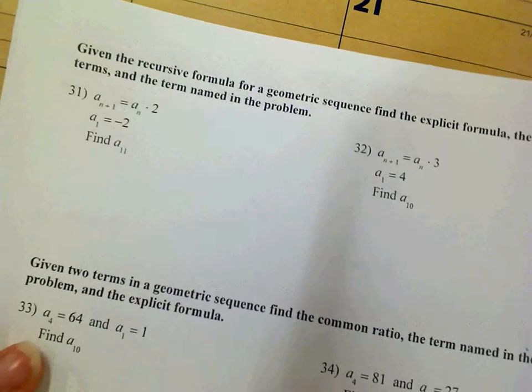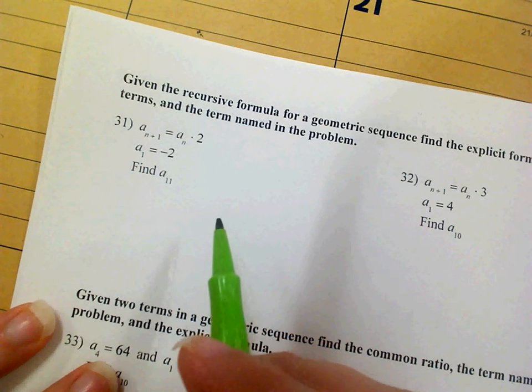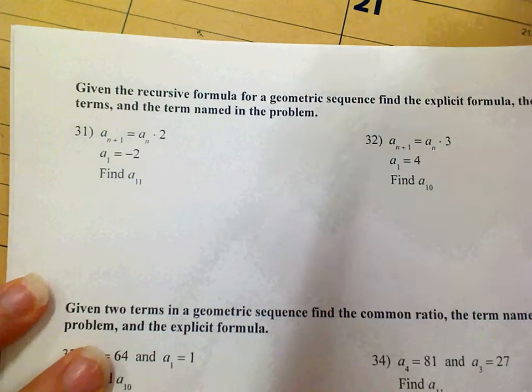Okay, number 31 says, given the recursive formula for a geometric sequence, find the explicit formula, the first 5 terms, and the term named in the problem. So I know that in an explicit formula, I've got,